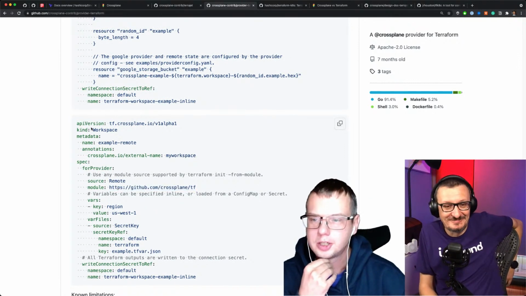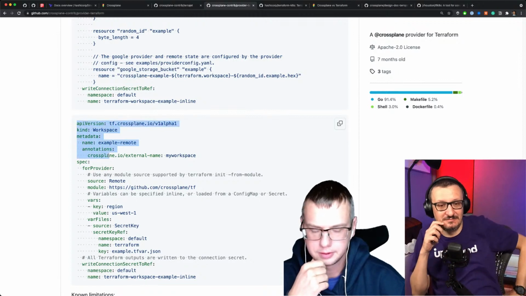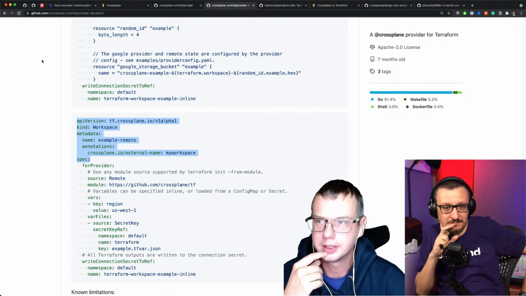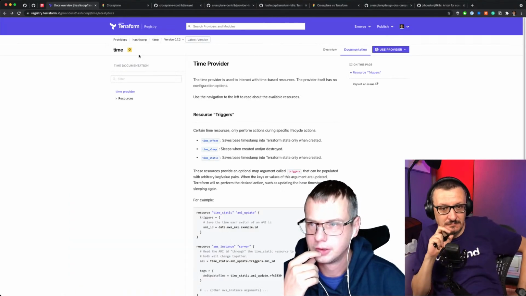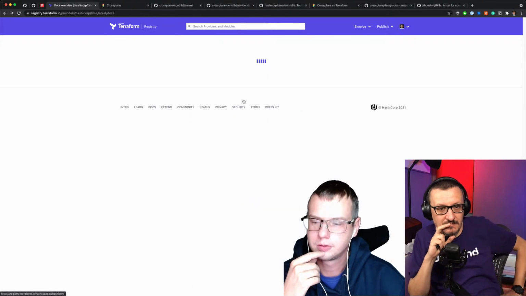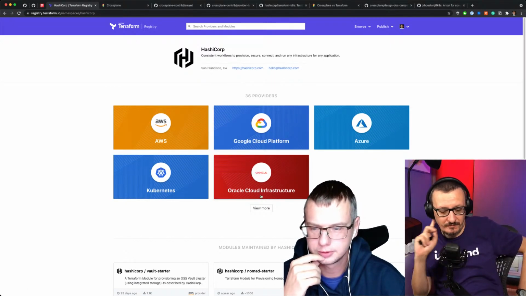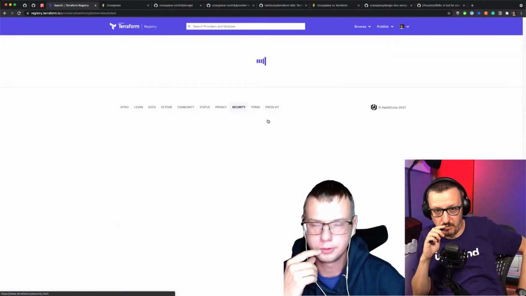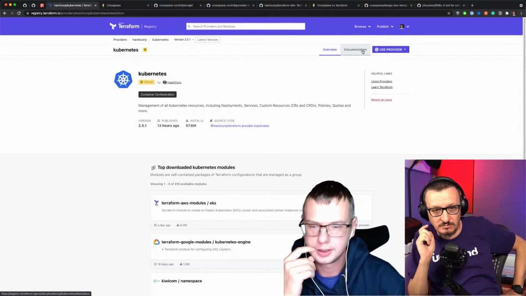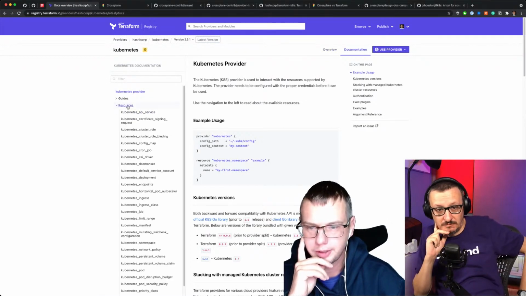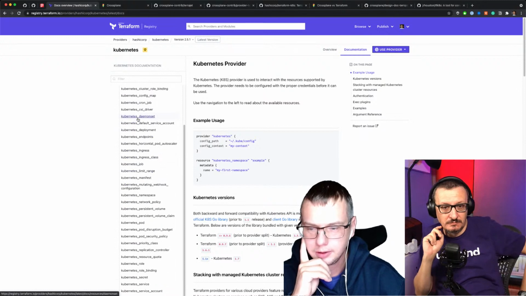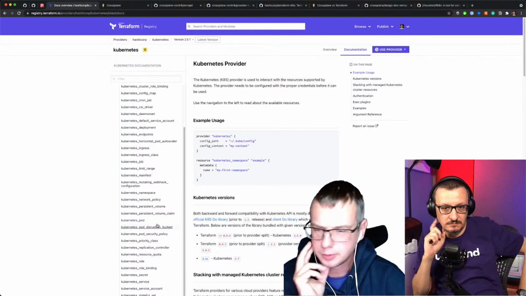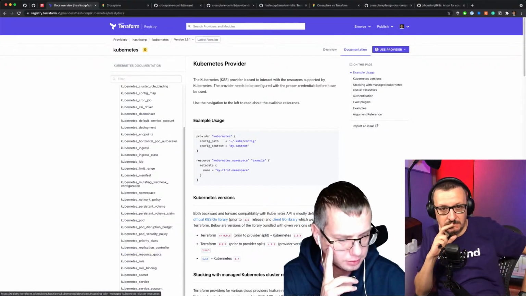Yeah, and as you mentioned, this is a typical Kubernetes manifest format. So this is how it looks. And if we look into the HashiCorp Kubernetes provider, or the Kubernetes Alpha provider, it already has a lot of different resources here. So let's see. Well, we can talk about some things related to this,